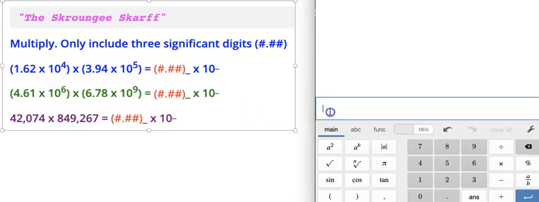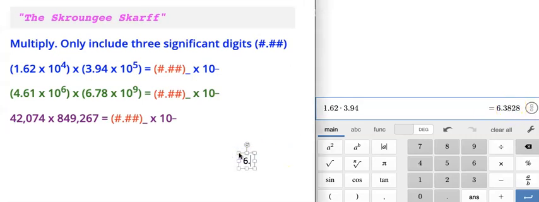First thing to do is to multiply the big kids. So basically it's big kids, little kids rules again, okay? The big numbers are going to multiply and the little kids are going to add, and you're going to keep a base of 10. So let's do 1.62 times 3.94. Okay, so 6.38. 6.38 is going to be my three numbers that I'm going to plug into the first blank,